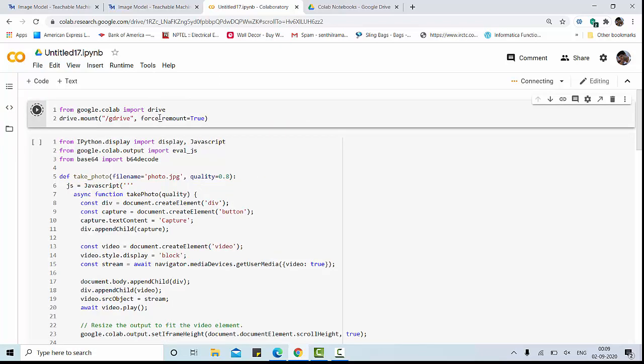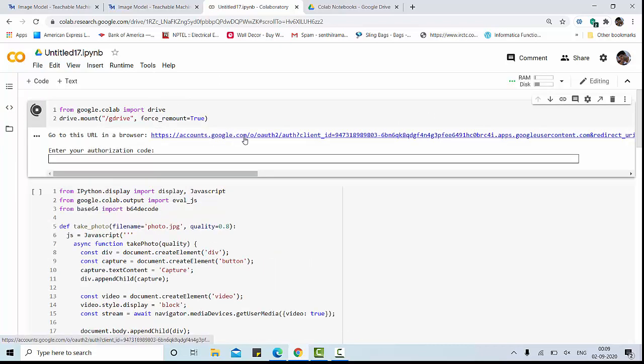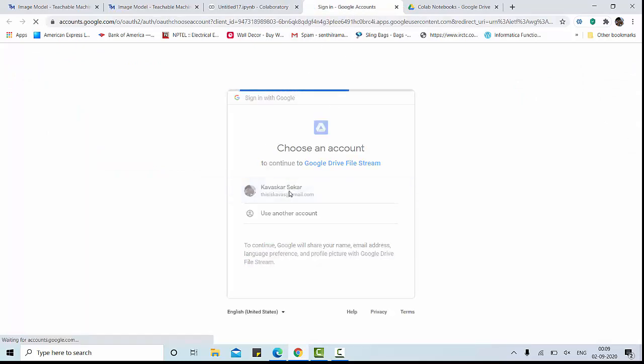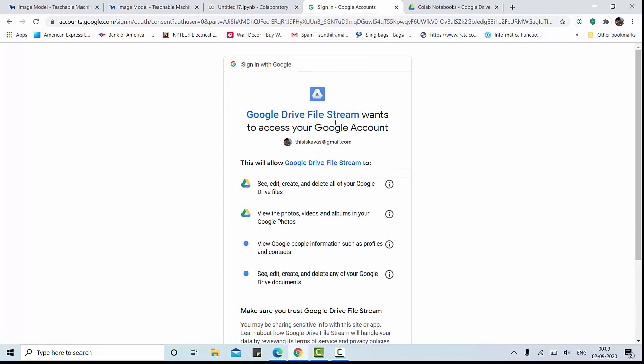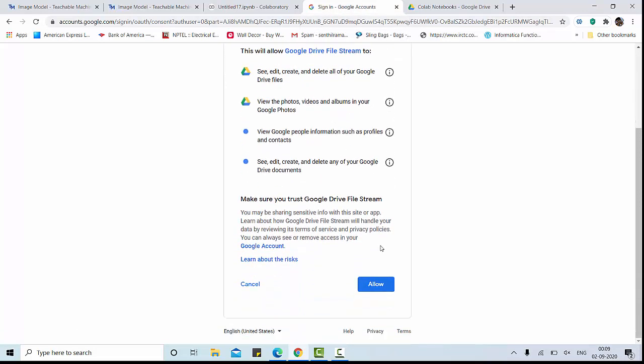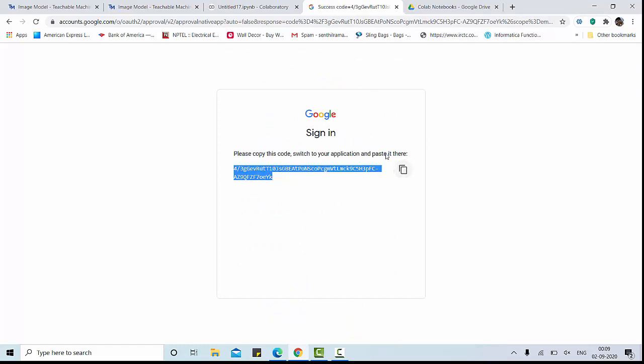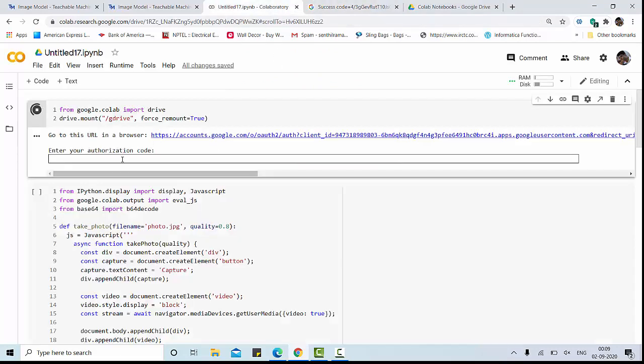It needs some access, so click on the link. Because we are running from Google Colab, we need to give access through our Gmail. There will be a code. You copy this code and paste it here, the authorization code.